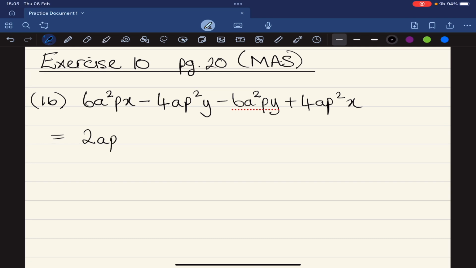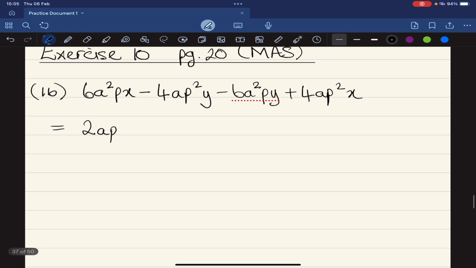Okay, so that's 2AP. That is the biggest amount of variables in terms of A and P that I can remove or take out as a highest common factor, and that of course gives me 2AP. And then what's left in the bracket, if I divide 2AP into the first term, then I will get